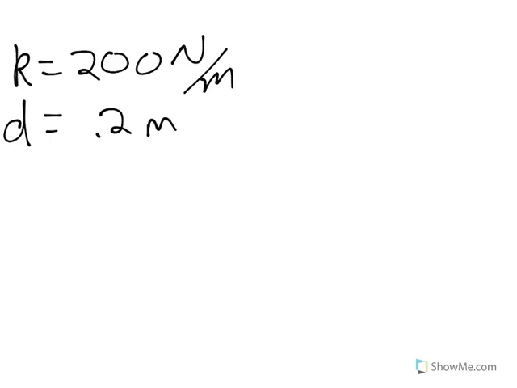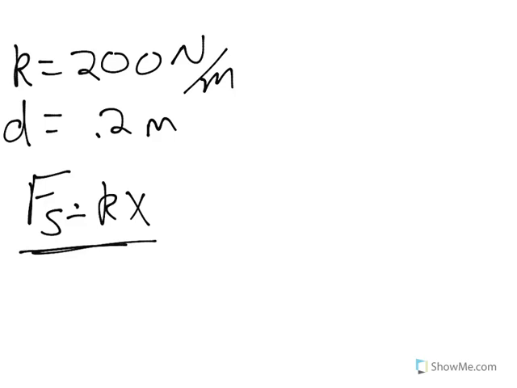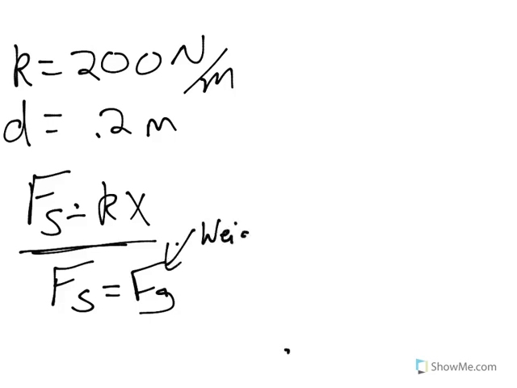Well, first thing we need to know is this. Remember, we're going to need this formula. We talked about it briefly, but we need this formula because the force that you are holding a spring with is the force that the spring would be exerting back the other direction. So in this case, we have this weight held on the end. It's exerting a force due to gravity, and since it's in equilibrium, the force of gravity on that object, or the object's weight, is equal to the spring force. So don't forget that the force of gravity is equal to the object's weight. So what we can say then is that